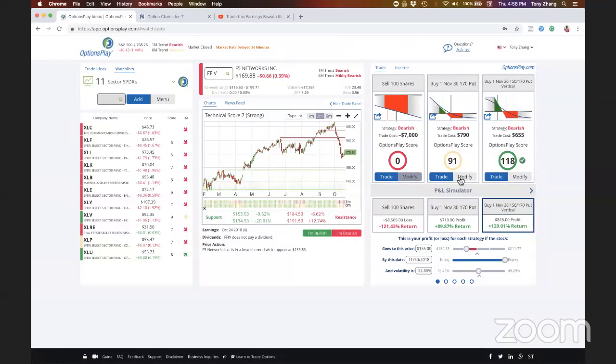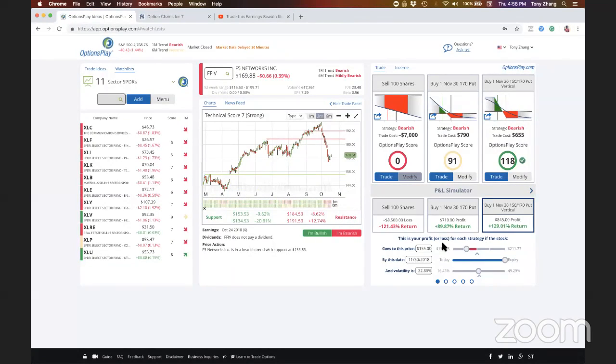I make about $1,500, or a little under 10%, on this particular trade. If I bought a put option, I make an 89% return. If I bought the put spread, I make a 129% return. So that's really where this put spread, by minimizing my costs, is going to amplify my returns when I'm right on this trade. And then just in case I'm wrong, which is always possible, and I always keep that